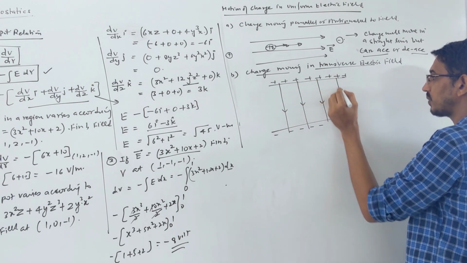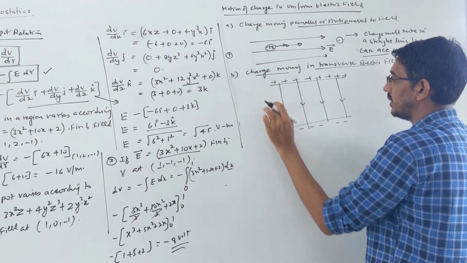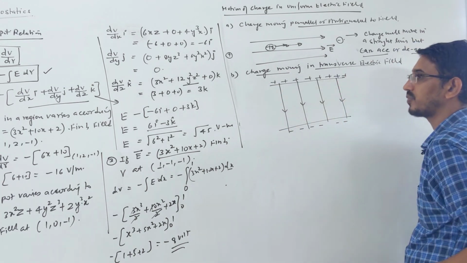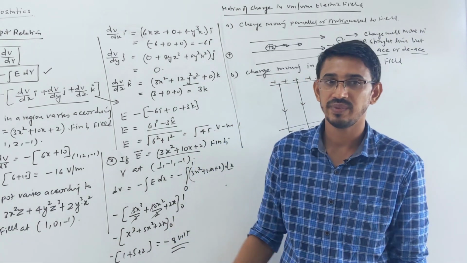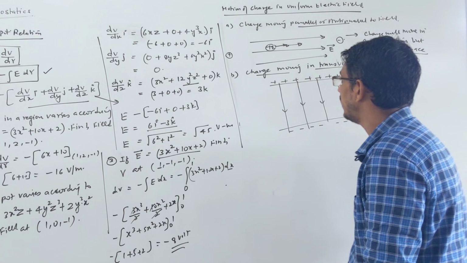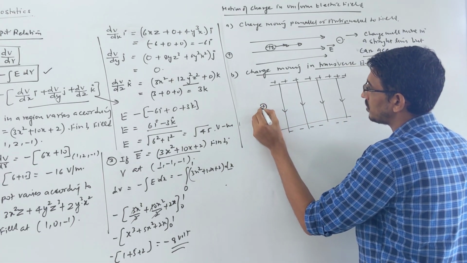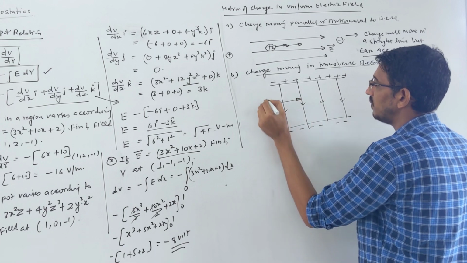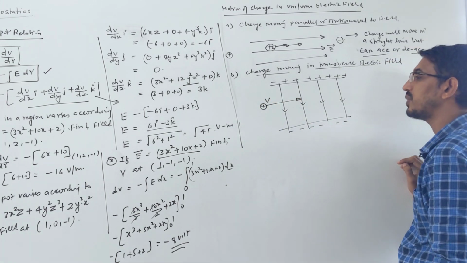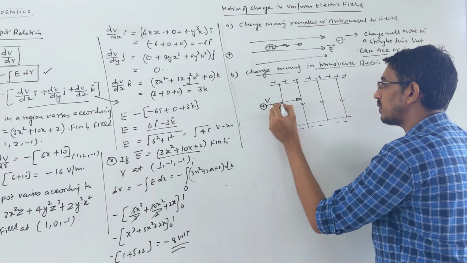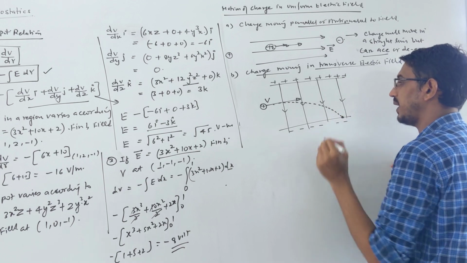Correct. Remember that a sheet of charge, a plane sheet, will produce a uniform field that does not depend on distance, right? We have learned that in the previous lecture. So this is some field, and you fire some charge here. Let's say a positive charge you fired in this direction with initial velocity v, horizontally. Then you know that it will deflect towards this negative plate and hit this plate here.